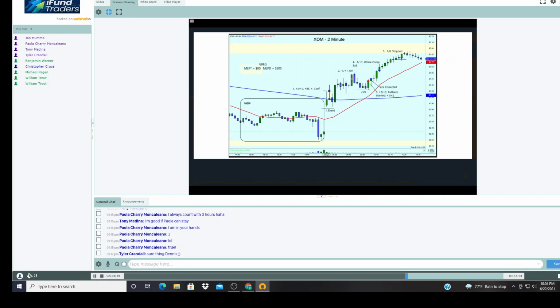Okay, there we go. Then you are taking one lot off here on the new high. Question, is this really a new high? I don't think so, because a new high follows on a pullback, right? Is this a pullback? No, not really. It is just a sideways move. This is a pullback here. There we go. This is pulling back. So this is really your first pullback.